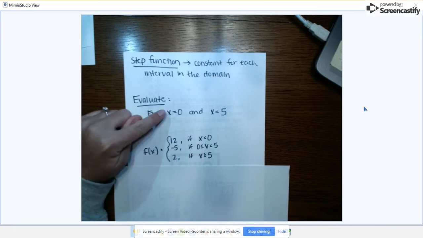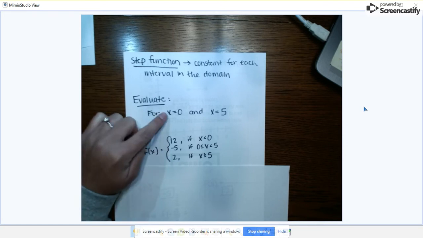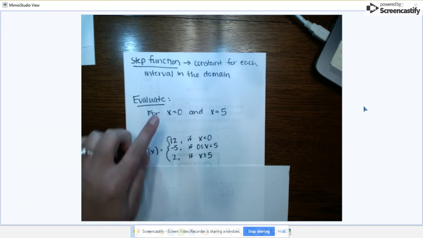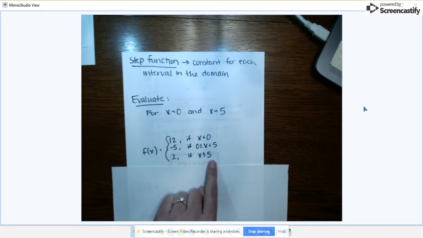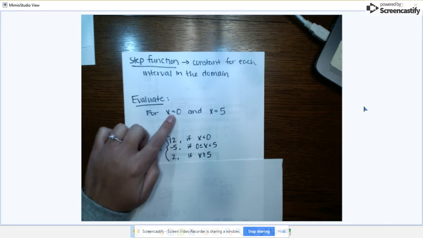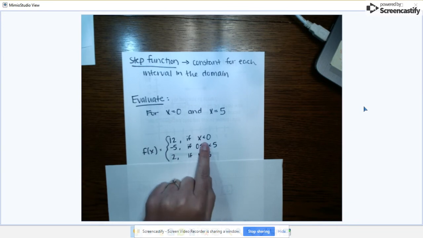So when x equals 0, we have to decide what is the y value of this domain value, or this input value. I said earlier, our domain or our inputs are right here in this second little portion of our function. So I'm looking, when is x equal to 0? Well, there's a 0 and there's a 0. So I know it has to be between the top 2 functions. So we have to decide out of these 2, where is x equal to 0? Well, here we have strictly x is less than 0, and here we have 0 is less than or equal to x. So we have to use this middle